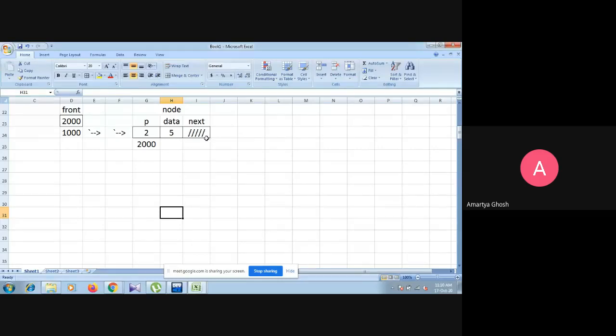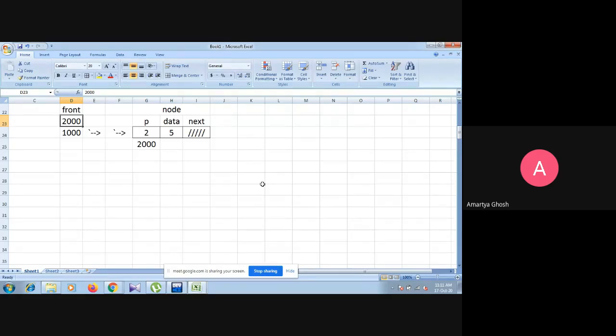Clear? Now, after that, if the list is already created, that means the queue is already created and front has a valid address. If an insert operation occurs, the new node will be inserted within the list.